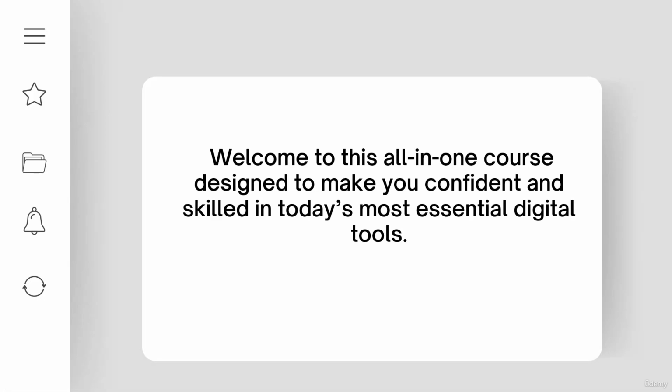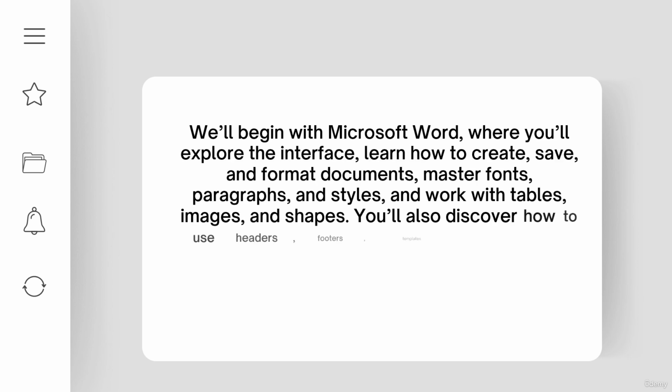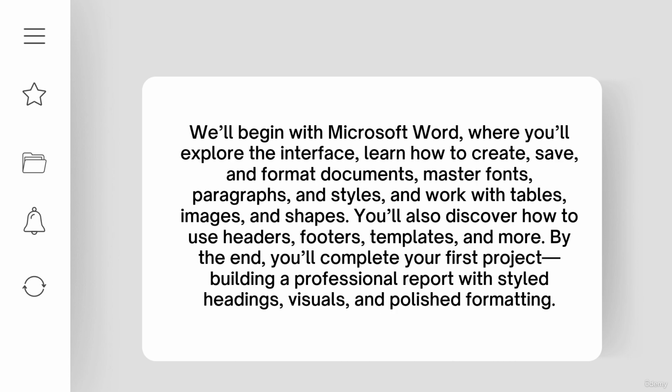Welcome to this all-in-one course designed to build your confidence and skill in today's most essential digital tools. We'll begin with Microsoft Word, where you will explore the interface, learn how to create, save, and format